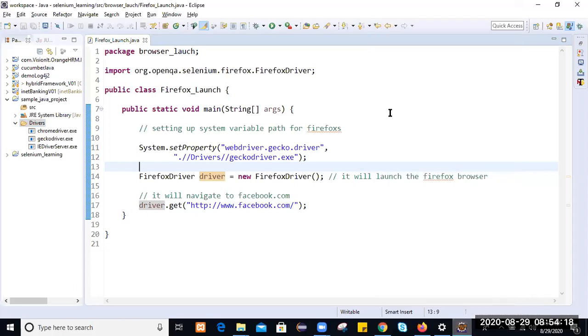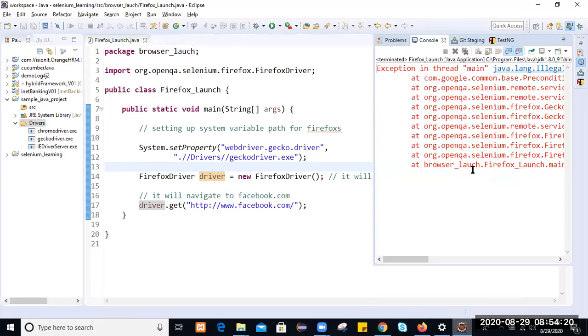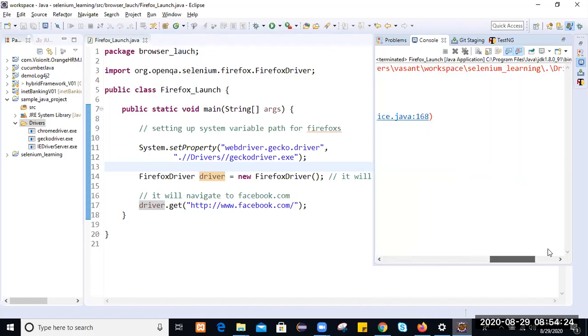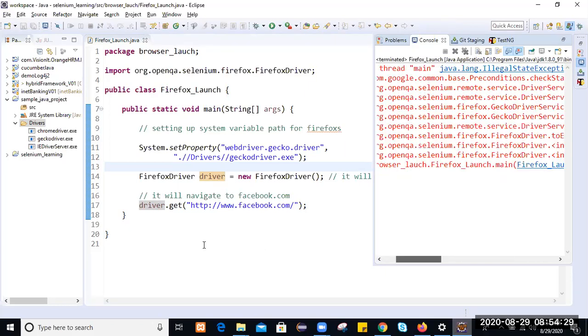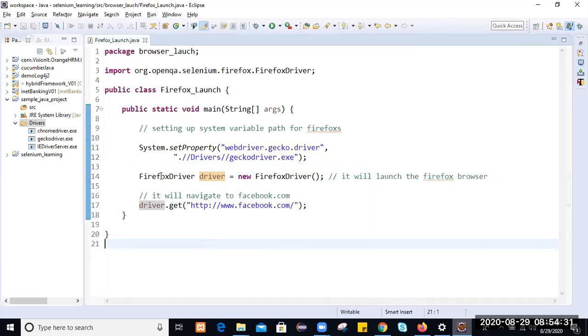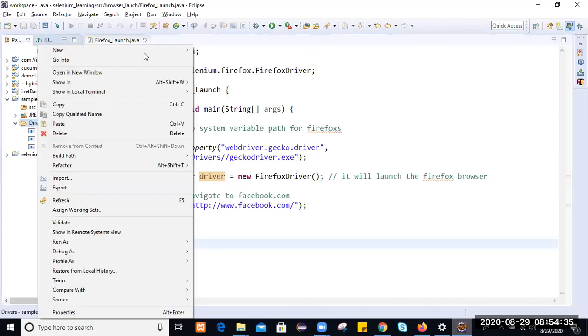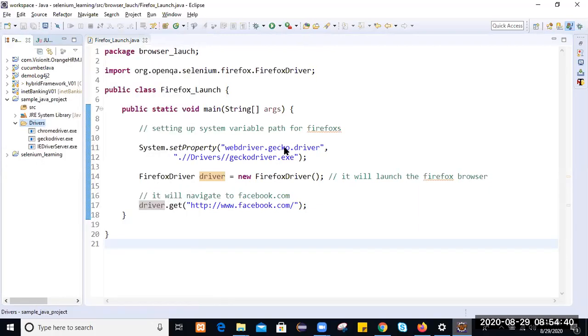Again it is saying webdriver.gecko.driver. So let me go to the path.